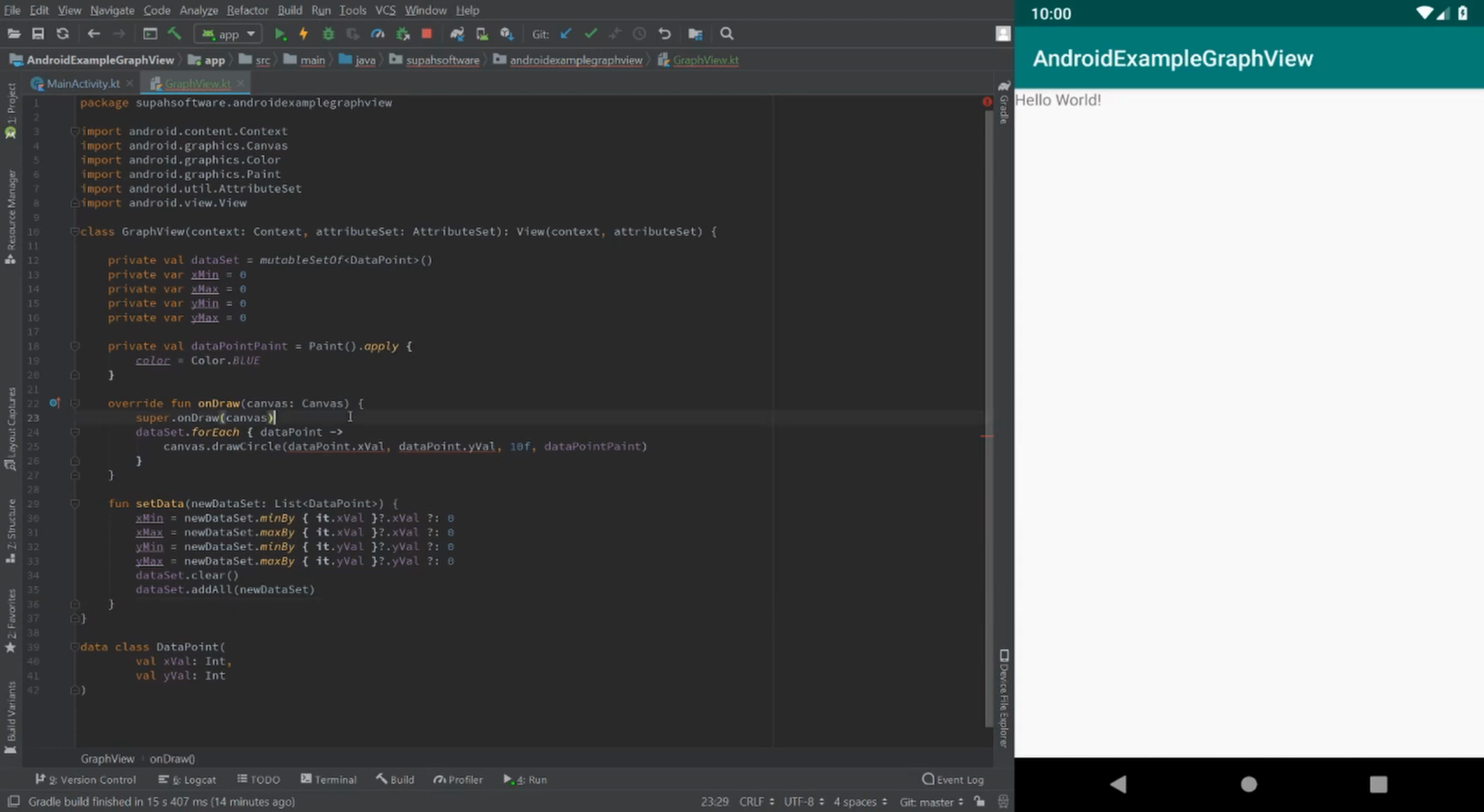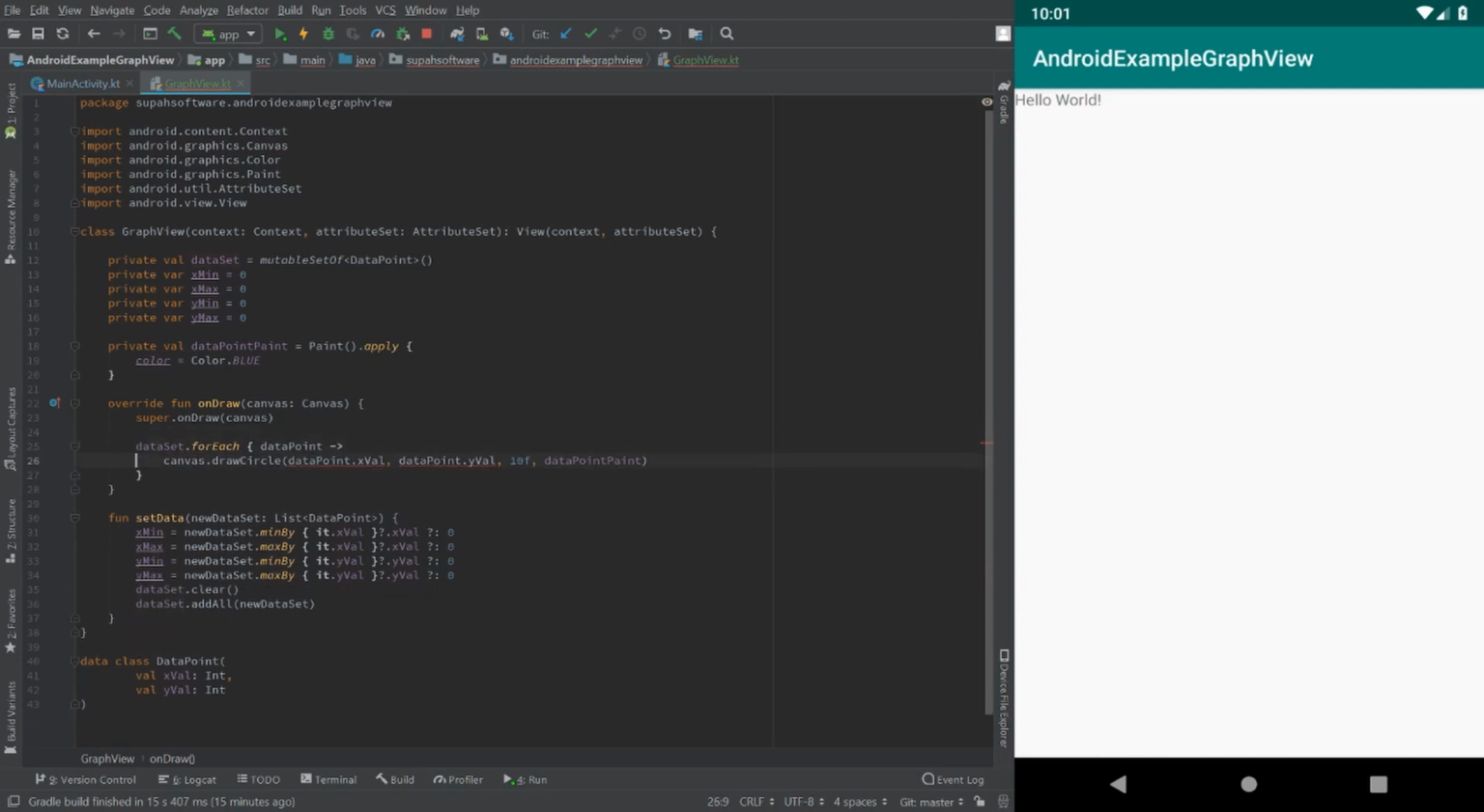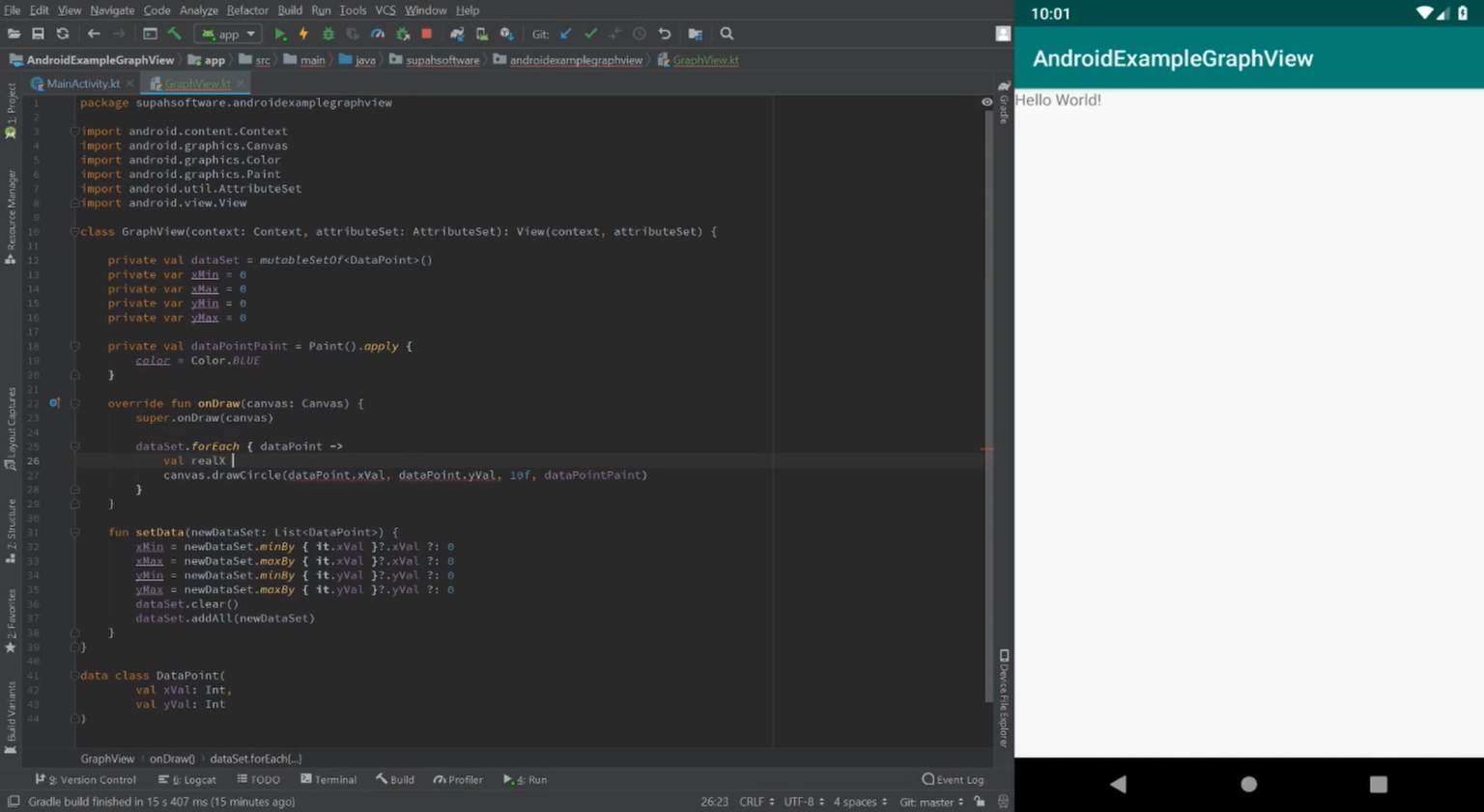So now that we have those, we're going to need to map those data points, the x and y value integers, to some kind of pixel value based on how wide and tall the screen is. So we're going to say val realX is going to equal the width of the screen, or rather here, this needs to be in the forEach, because it's going to be changing for every data point. So the realX is going to equal dataPoint.xVal divided by the width of the view